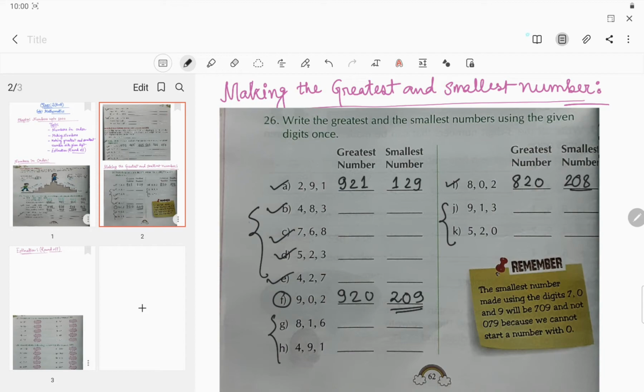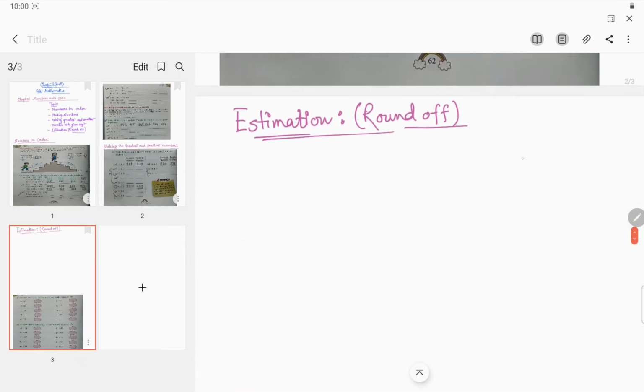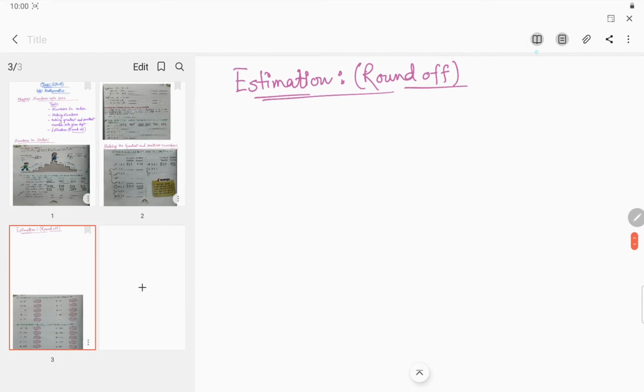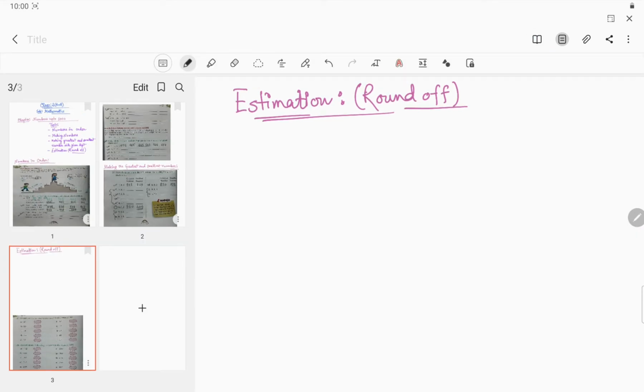Now the next important part, what? Estimation. Estimation means rounding off. That means you are rounding off the number to the nearest 10, nearest 100, nearest 1000 and so on. Suppose I am taking an example,